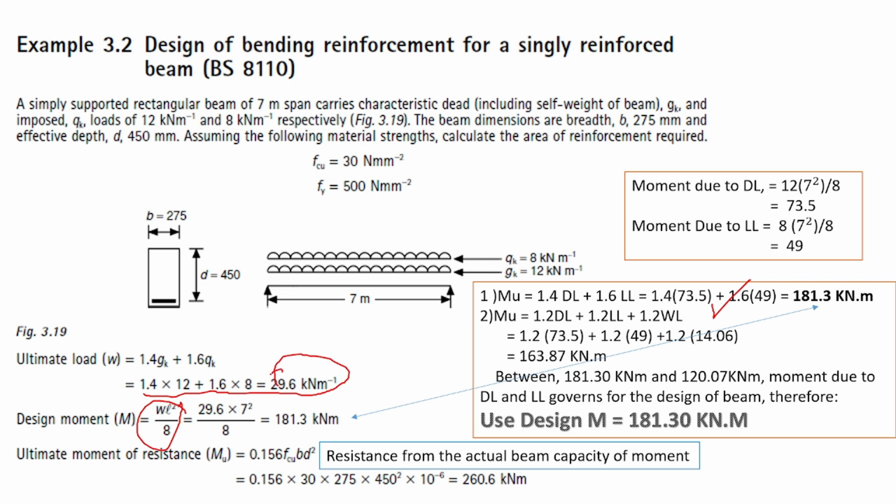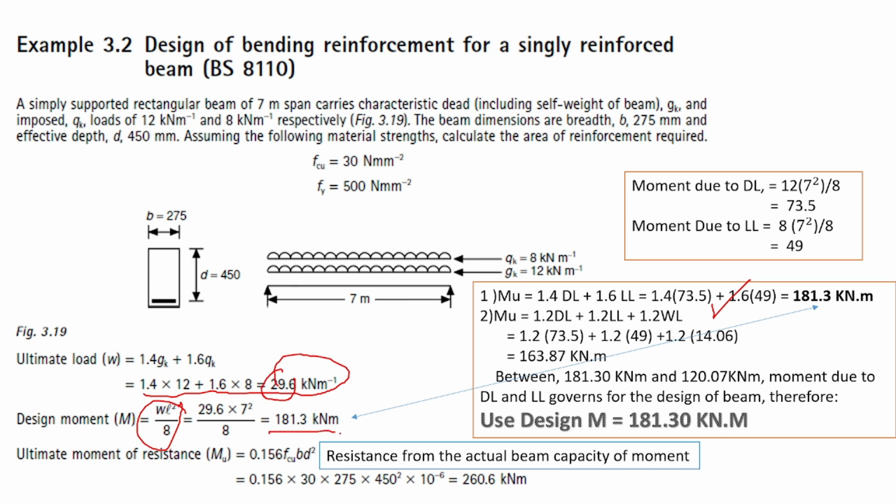For example, you get the uniform load of 29.6 kilonewton per meter. You don't use this one because this one is simply supported. You can use this one if you have simply supported, okay? But if you have a continuous beam, of course you use the formula, okay? The formula is already reflected in your assignment, okay? But for those listening to this, you can use other methods on how you're going to get the moments,